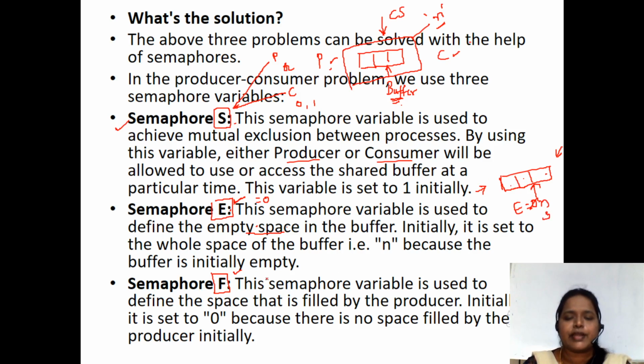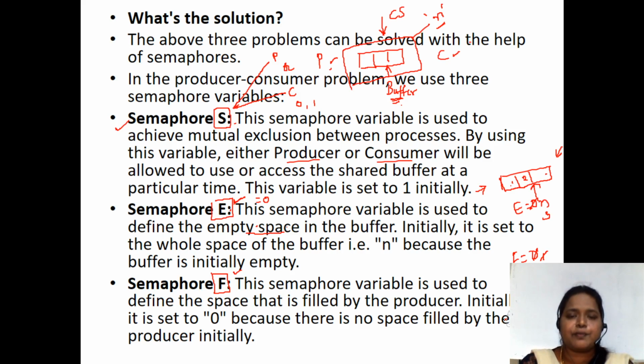And when it comes to F, that means full. Initially no item is there in the buffer, so full is equal to 0. If one item is there, we keep full equal to 1. If two items are there, we keep it as 2. If no items are there, we initialize full with 0. These are the 3 semaphores we are going to use in order to achieve